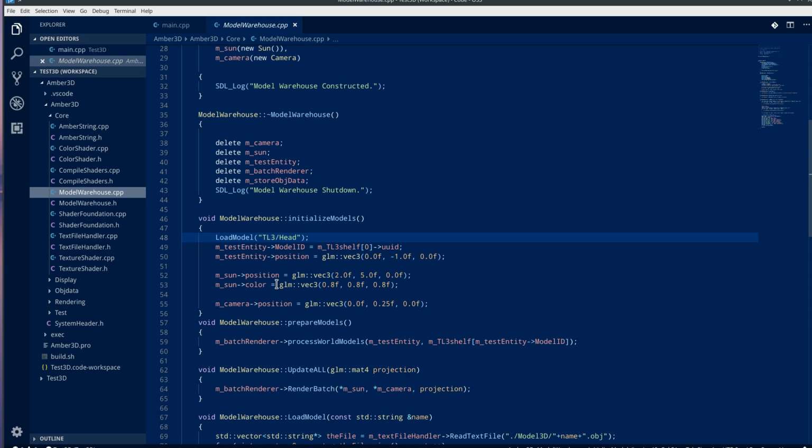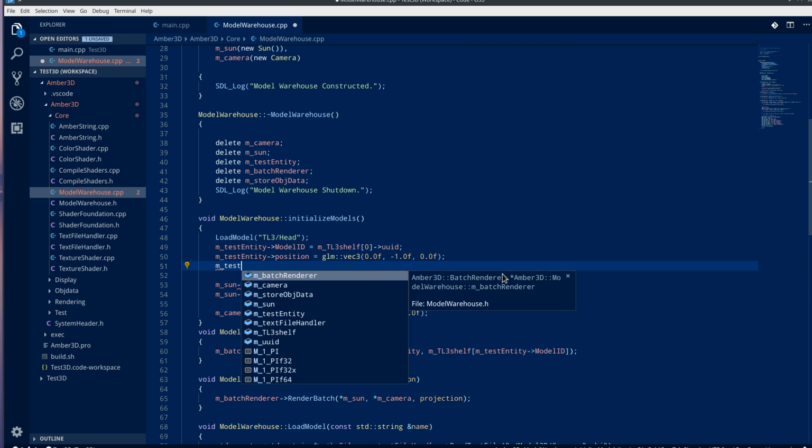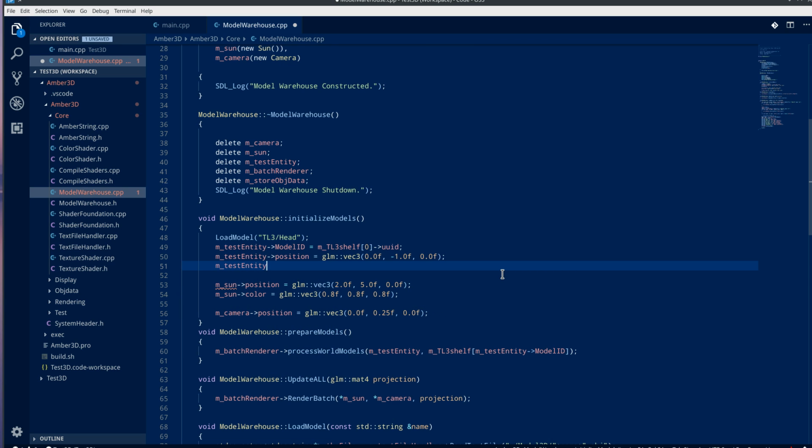So our test entity scale, yeah, you're here,